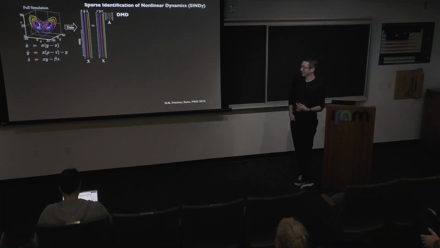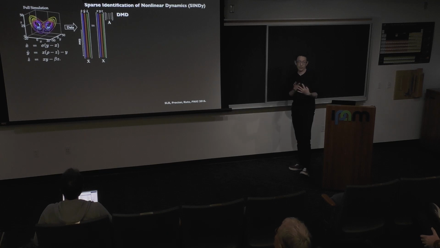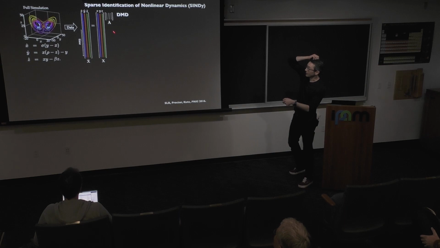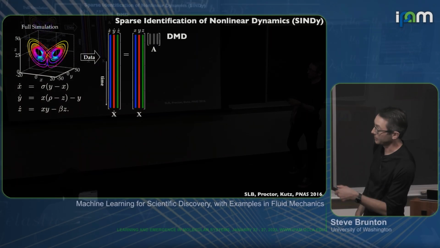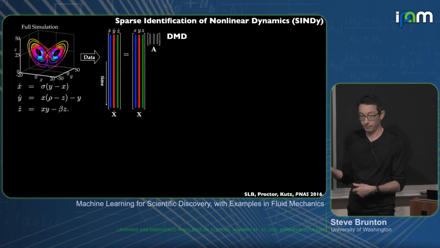I mean, if I can get away with x dot equals 0, I will. So the dynamic mode decomposition, which many of you have heard about, has been around for 10 years. It tries to fit a best fit little linear 3x3 A matrix model that best fits the derivatives x dot, y dot, z dot in terms of the states x, y, and z. But we know that this is going to be too simple. This is overly simple. So this A matrix, this linear system, has a single fixed point at the origin.